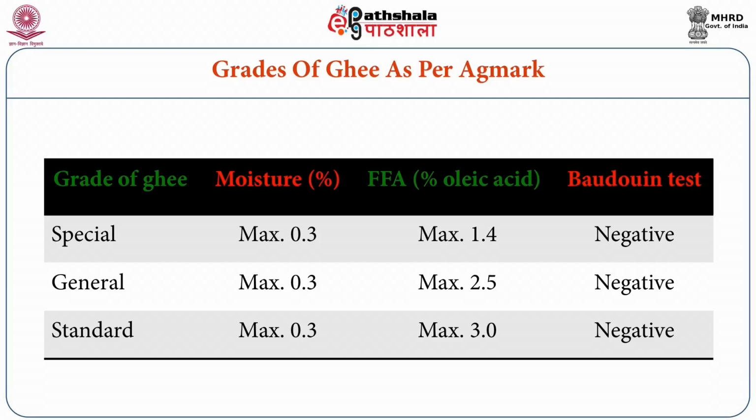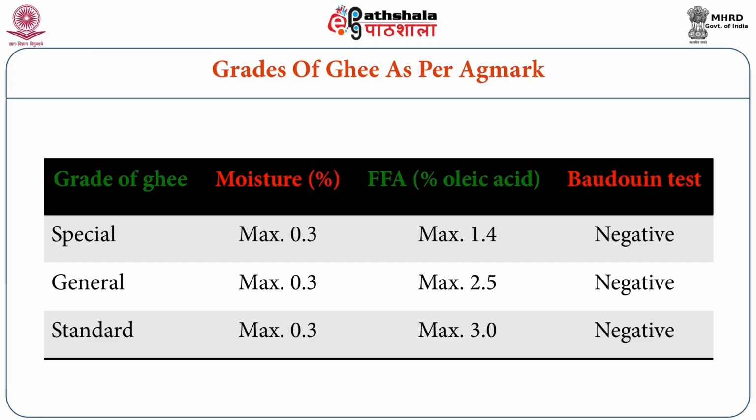However, in terms of free fatty acids expressed as percent oleic acid, lower the FFA content, greater is the quality of the raw material which you have used in ghee making, and you can expect greater shelf life when you are storing such product for a span of, say, 1 year at ambient temperature. So special grade Agmark ghee should have maximum, that is less than 1.4% free fatty acids, and as you go higher, that is maximum 2.5, it becomes a general grade,